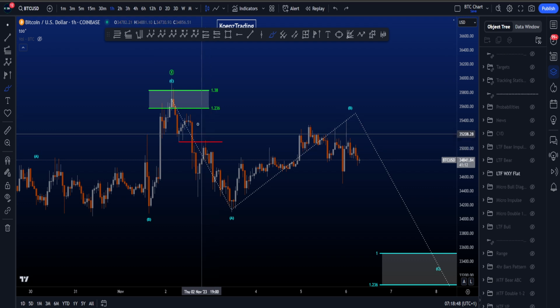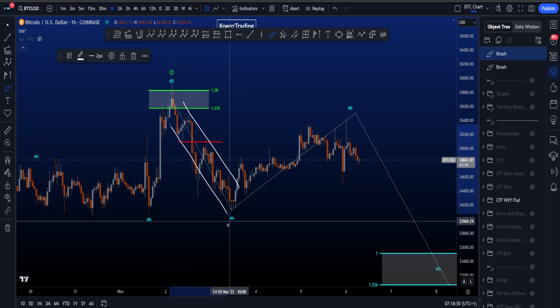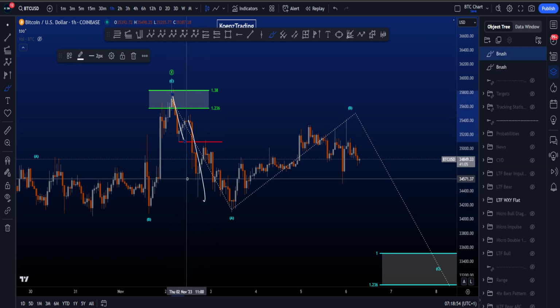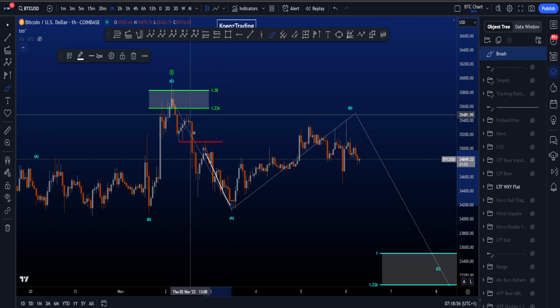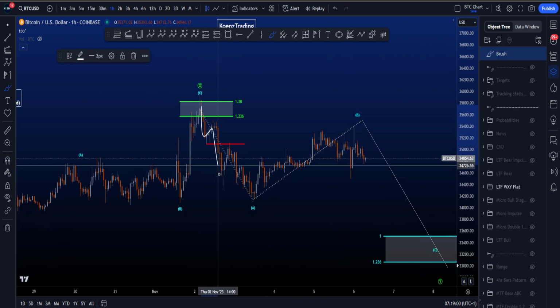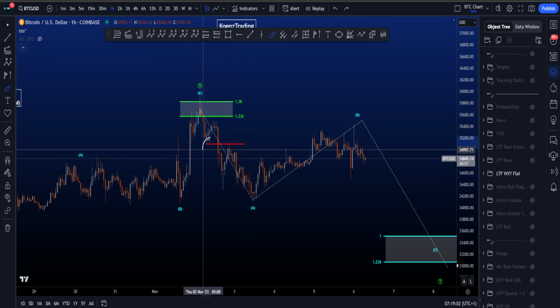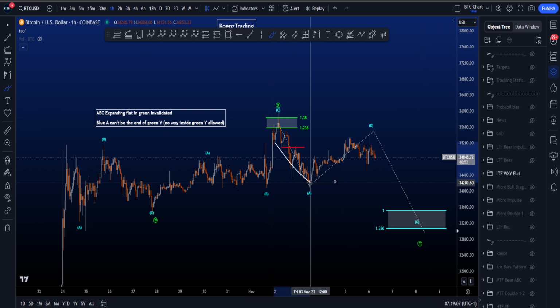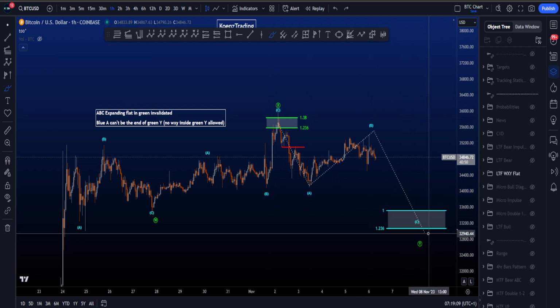Now that is allowed in diagonals. However, if we would paint a diagonal over here, then wave 3 is longer than wave 1. So then you have to think about expanding diagonals. But wave 5 is shorter than wave 3, which is not allowed in diagonals. So then we have to count this as a 1, 2, 3, 4, 5 with overlap between 1 and 4, which is not really what I enjoy to see in an ABC zigzag for then a wave Y, lowering the